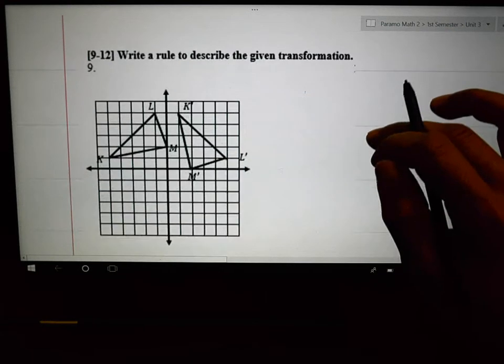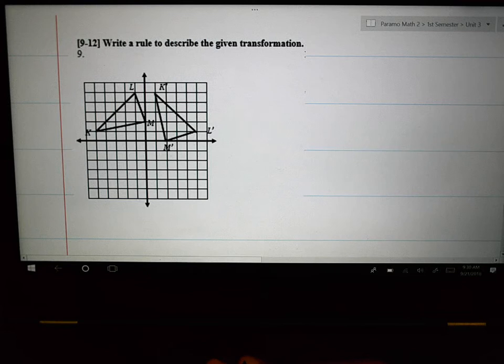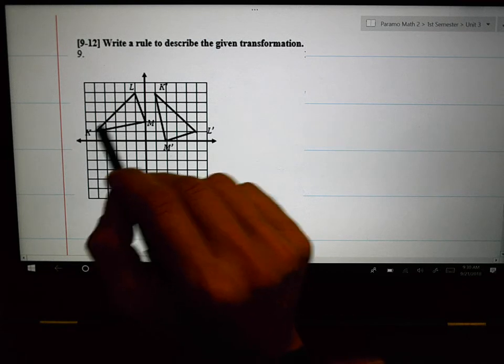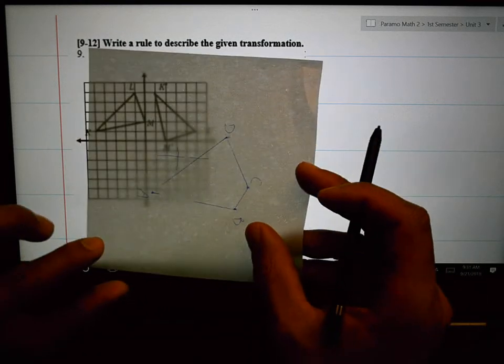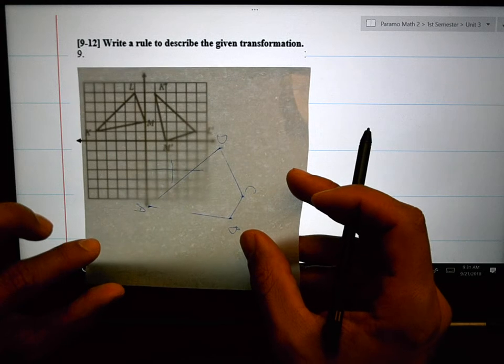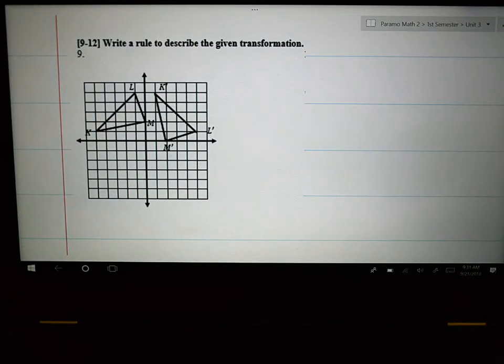My last example is number 9. Number 9 says, write a rule to describe the given transformation. K went from here to there, L went from there to there, and M went from there to there. It rotated, didn't it? So then what I would do if I were you is I would trace it on patty paper if I was a patty paper person, and I would do a rotation, and then I would see, did it just rotate 90 degrees? If it rotated 90 degrees,